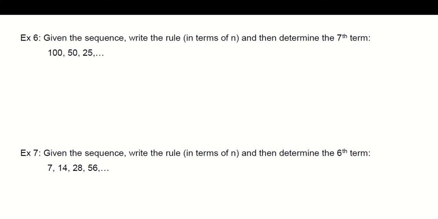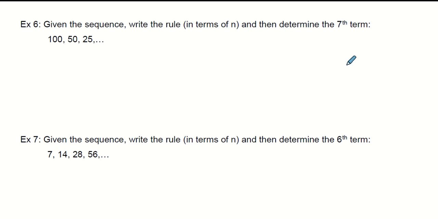So the next one, it says given the sequence, so our sequence is down here, let's find the 7th term. And again, you could just keep multiplying by whatever you need to get to the 7th term. Now let me write the formula out before we actually do this. So the formula is An, which just means the nth term, is the first term, which is a1, times the common ratio